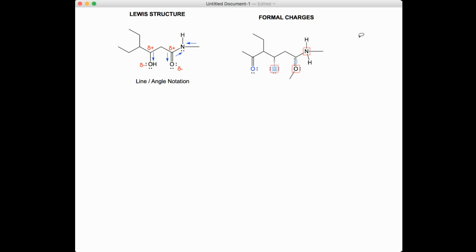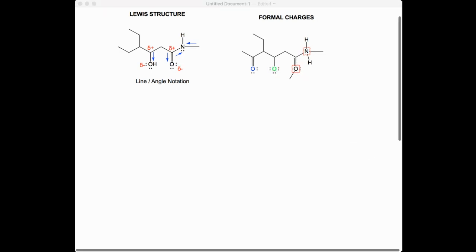So let's look into this oxygen here. We're gonna color code it as green, and then I'm gonna ask for the green oxygen, how many bonds? The green oxygen is showing 1 bond, right? So 1 bond, that's 2 electrons divided by 2, 1, right? So how many electrons are according to bonding? 1 electron. And how many more electrons do you guys see in the green oxygen? There are 3 lone pairs, so that accounts for 6. So the total number of electrons in the green oxygen is 7 electrons,